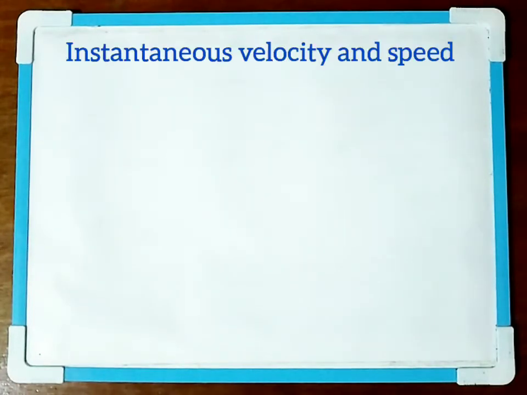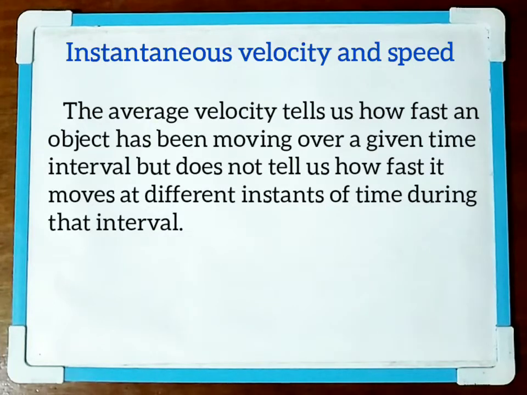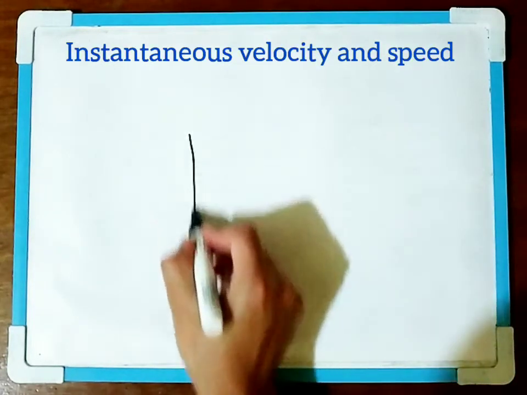Now we come to another concept, which is instantaneous velocity and speed. Now the average velocity tells us how fast an object has been moving over a given time interval, but it does not tell us how fast an object is moving at a particular instant of time. For example, if we have a position time graph,